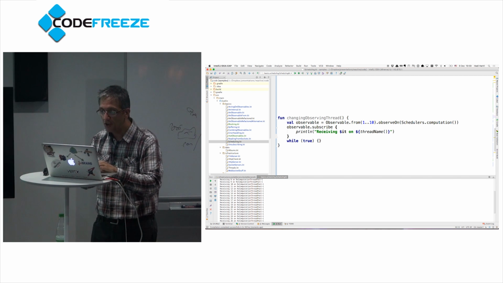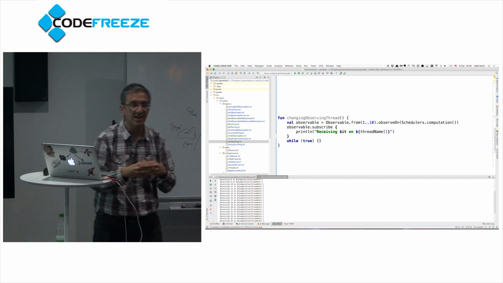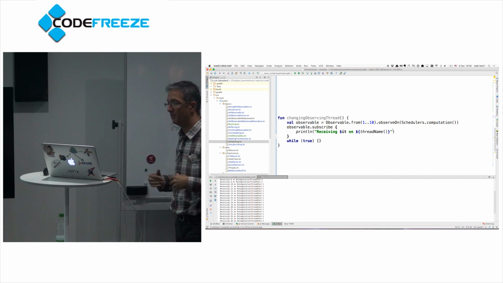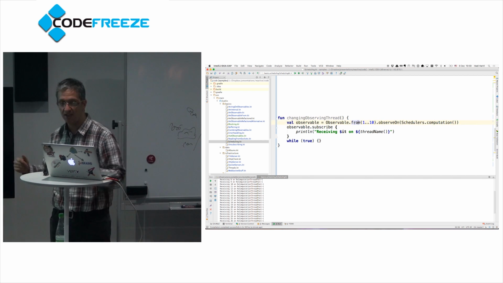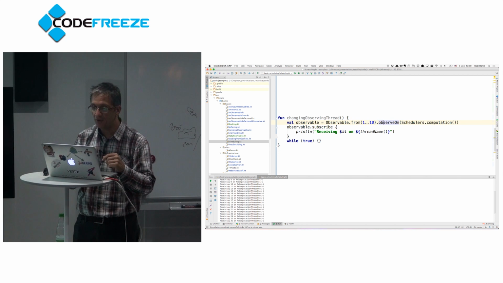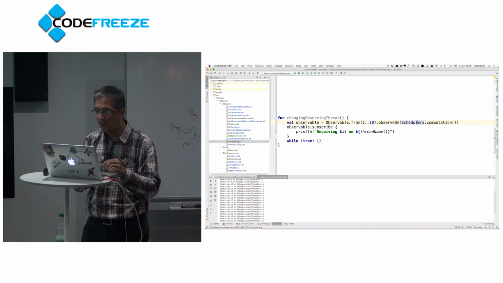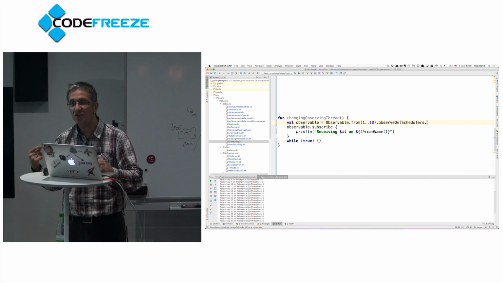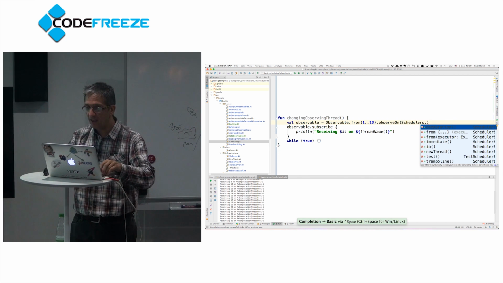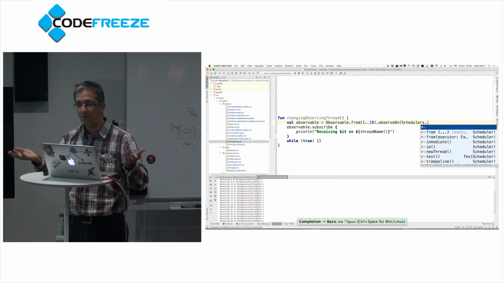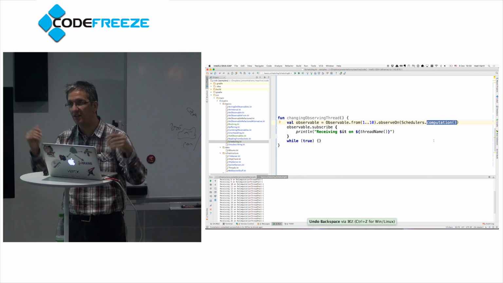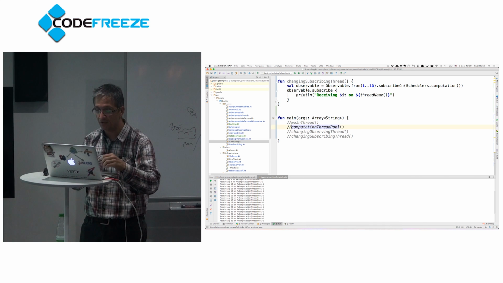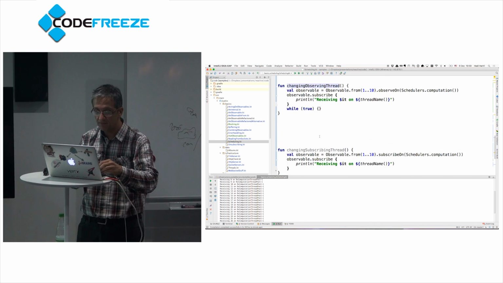Now what we can do is actually tell Rx what thread I want to observe on, what thread I want to subscribe on, which is where we can really screw things up. So here I say from 1 to 10, but observe on Schedulers.computation. And if you take a look at this, there are schedulers. It's basically threads abstracted under the concept of schedulers. So I have a computation thread, I have an IO thread, etc. So if I run this one,